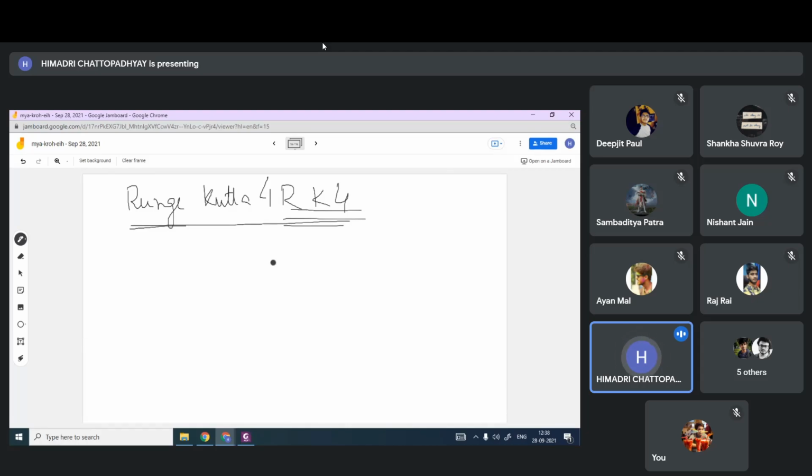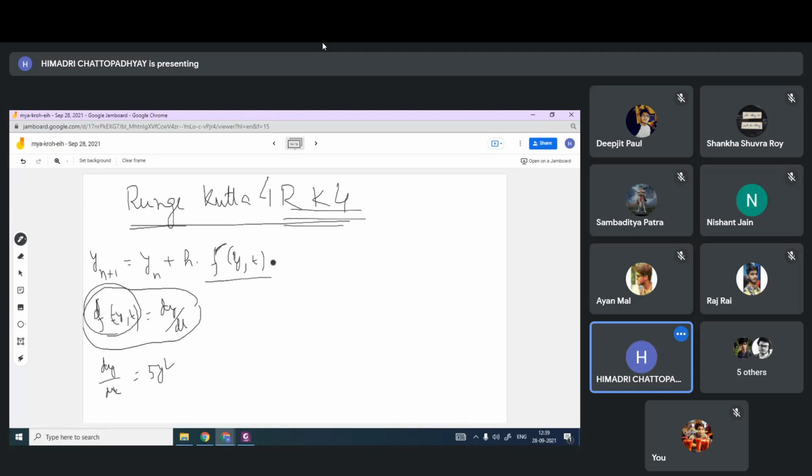So again, it is complex. Like the Euler method: next y is current y plus the slope. That slope is f of y and t. So f is given as a function of y and t, and that is dy/dt. This is the given part. So I know the gradient as an equation, like I have given dy/dt equal to 5y squared. So this f part is known as a function, but you are calculating yn for a particular t, and then you are calculating the next level value.